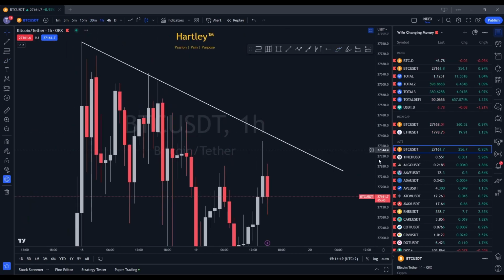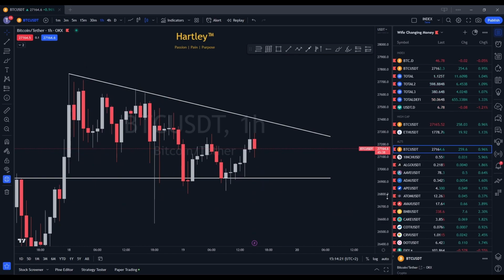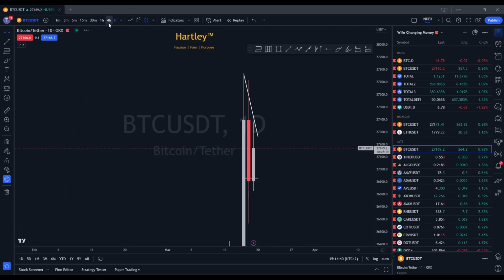So that's why whenever you're taking a trade on the 1 hour, the 4 hour, 15-minute, 5-minute, 3-minute, 1-minute, waiting for candle closure is always a thing that you should somewhat do, depending on how you trade your own strategy. So what do I mean by that? So if I go to the 4 hour,